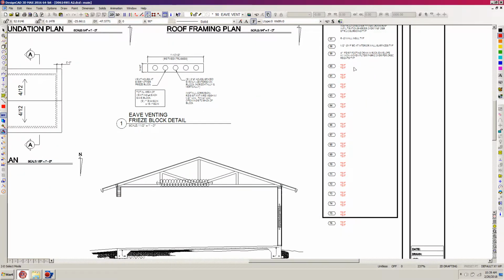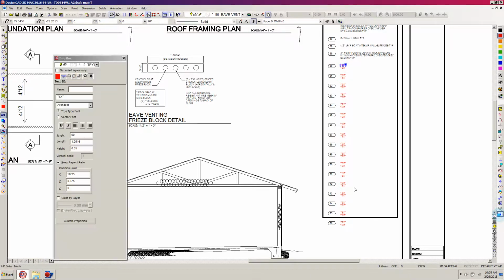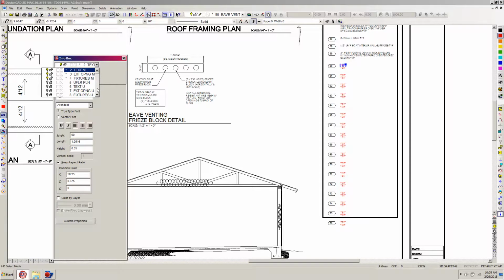So what I'm going to do is zoom out pretty good like I am. Because this is going to be a relatively simple sheet note, I'm just going to select this text and call up my info box, and I want that text to be in layer 16 because it's referencing the foundation plan, and that's the text layer for the foundation plan. So I click that into layer 16 in the info box, and now I'm just going to select the text in the info box, and make sure I'm in caps here, I'm going to type